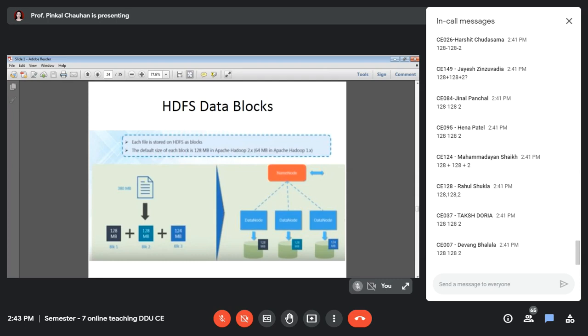But in this case, if a single data node fails, what will be your loss here? Let's say the last data node, which has the 124 MB block, fails. So what will you lose? Yes, exactly. The last HDFS block will be lost.